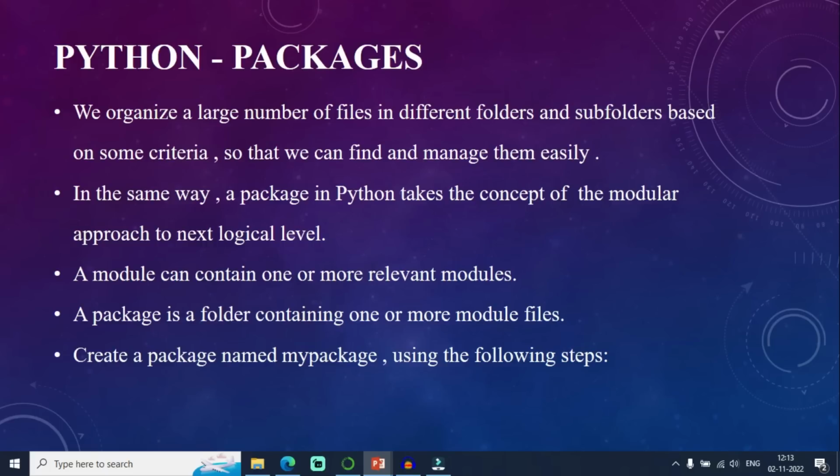It contains the related files. So what is the role of an admin? He is going to create and view the status of his employees or some other status. That is the role of an admin person. Similarly, what is the role of some other person, a sales person or a marketing person? Each department has some specific roles. So the related files can be grouped in different folders and subfolders so that we can find them easily.